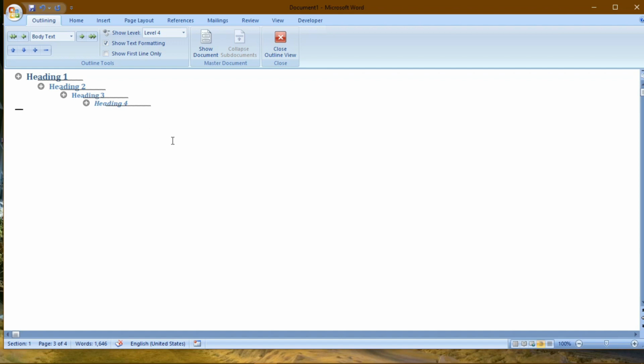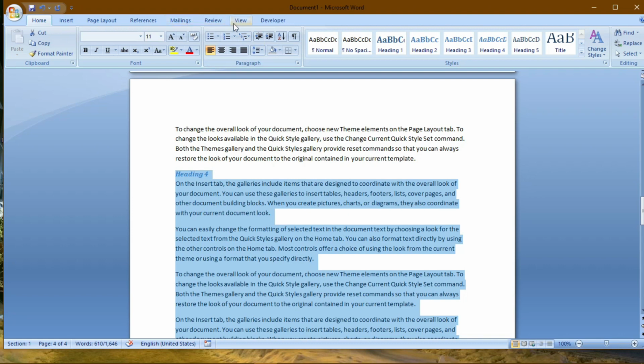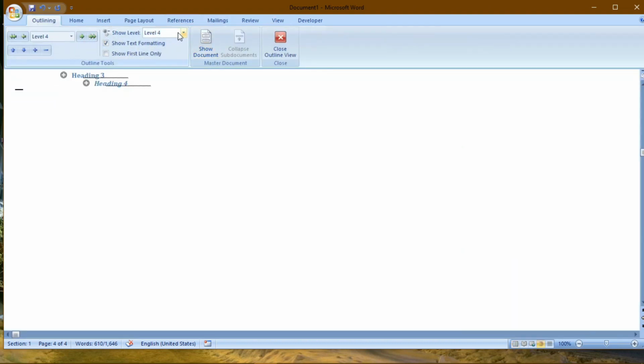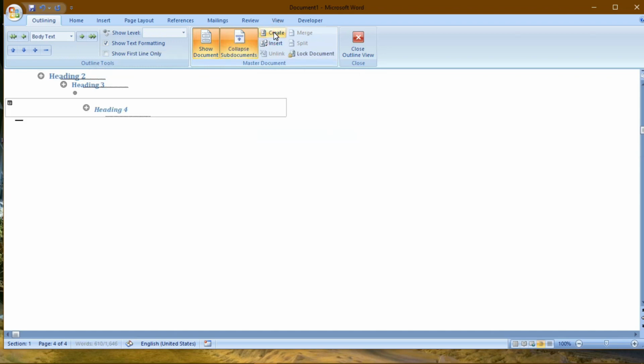Now if you want all pages in new pages, then you can select all, Control A, then click Show Documents. From here you can go to Create. Let me show this, but my purpose here is to select only Heading 4 and create it in a new page. So whatever page you want as a new page, select that one. Let me first close it, and again go to View, then Outline, and here Level 4 I want to extract. So I am selecting this one and Show Document, and here we need to click on Create.